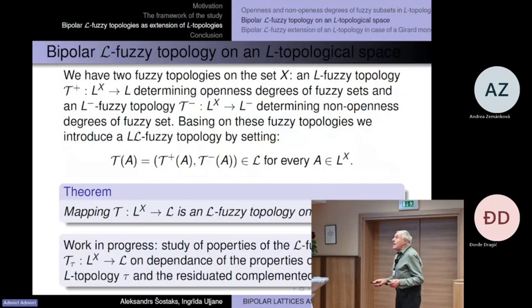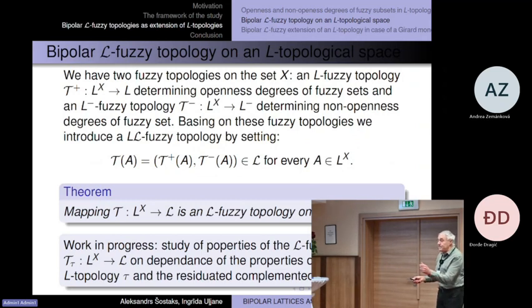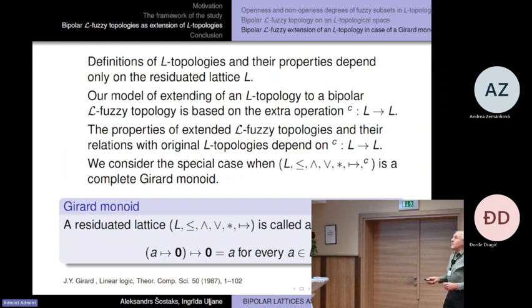Now we unite all these topologies, and every fuzzy set, and not only fuzzy, gets an evaluation of two values in this lattice, saying to what extent A is open and to what extent is not open. So here work is being done, but since my time is going to end,